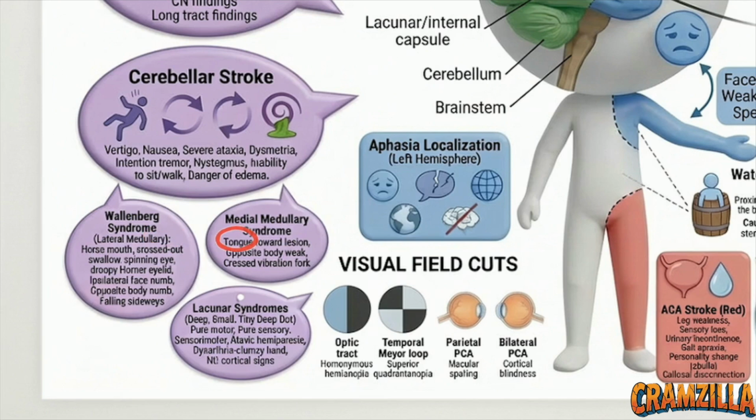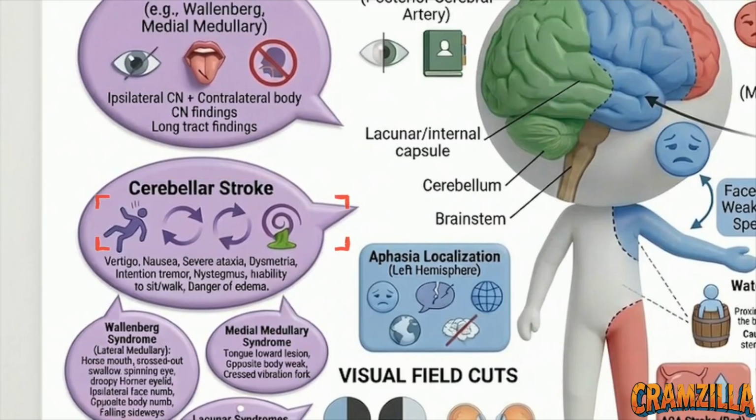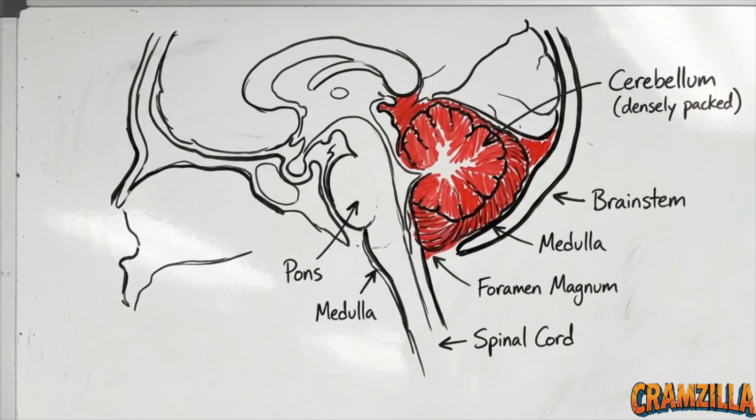Here, the tongue will visibly deviate straight toward the side of the lesion, accompanied by contralateral body weakness and a complete loss of vibration sense. Moving to the posterior fossa, cerebellar strokes present differently. They cause violent vertigo, severe ataxia, and nausea, distinctly without profound weakness in the arms or legs. These are intensely dangerous. Cerebellar tissue edema expands within a tight, rigid space, compressing the fourth ventricle and medullary centers,